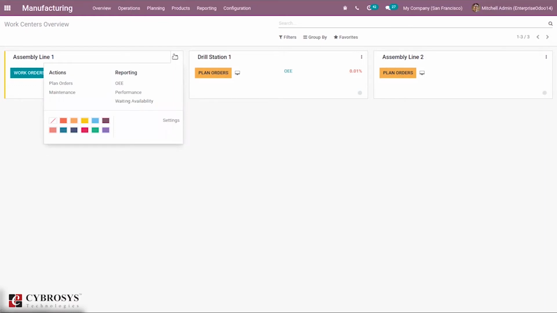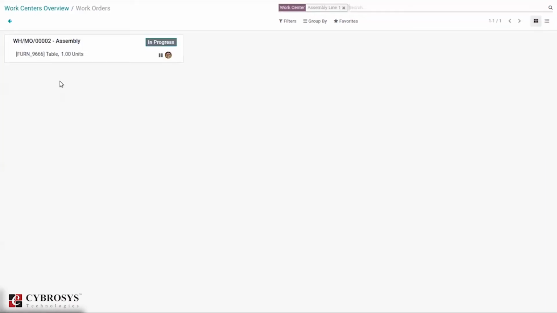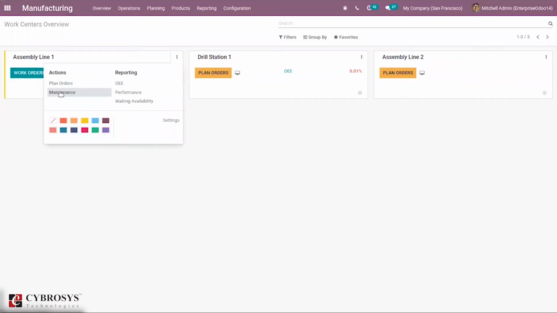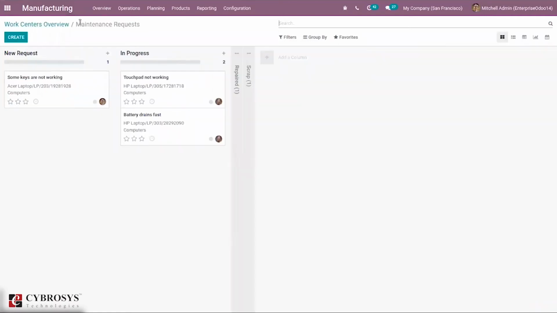When you click on these three dots, you can see we can plan orders for your work centers, that is, create orders. Then we can send a maintenance request for your work centers. You can see all the maintenance requests here in different stages.